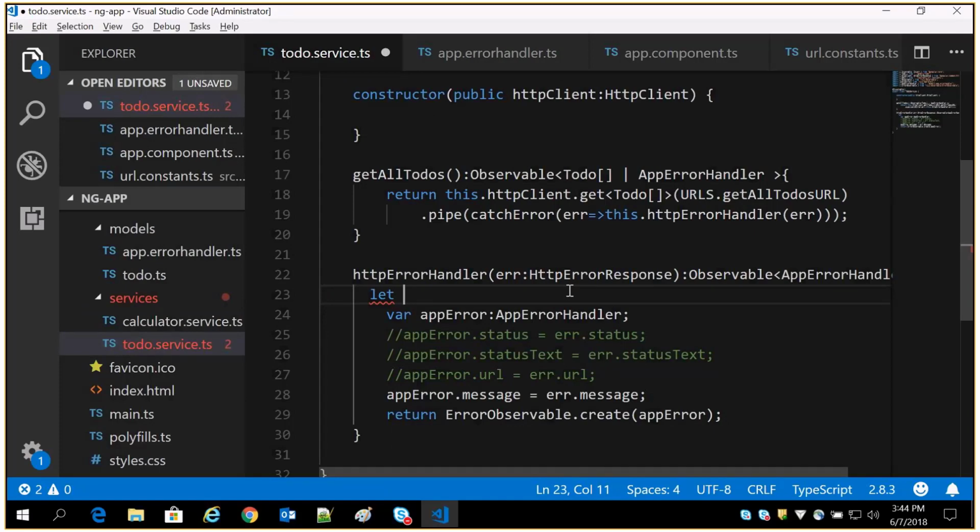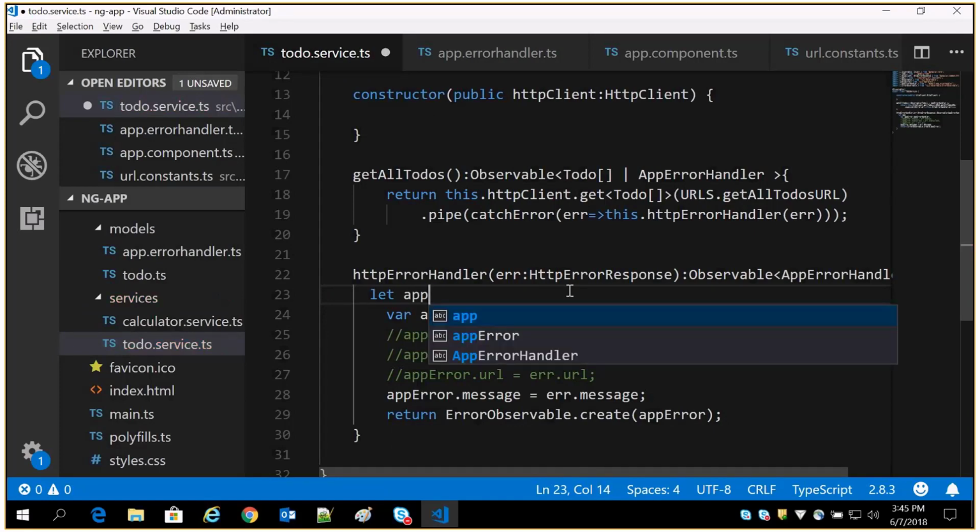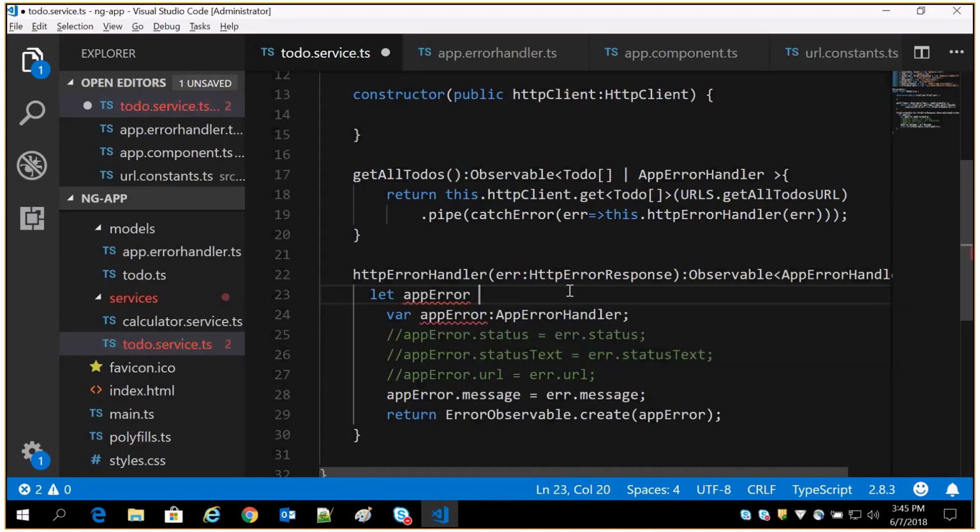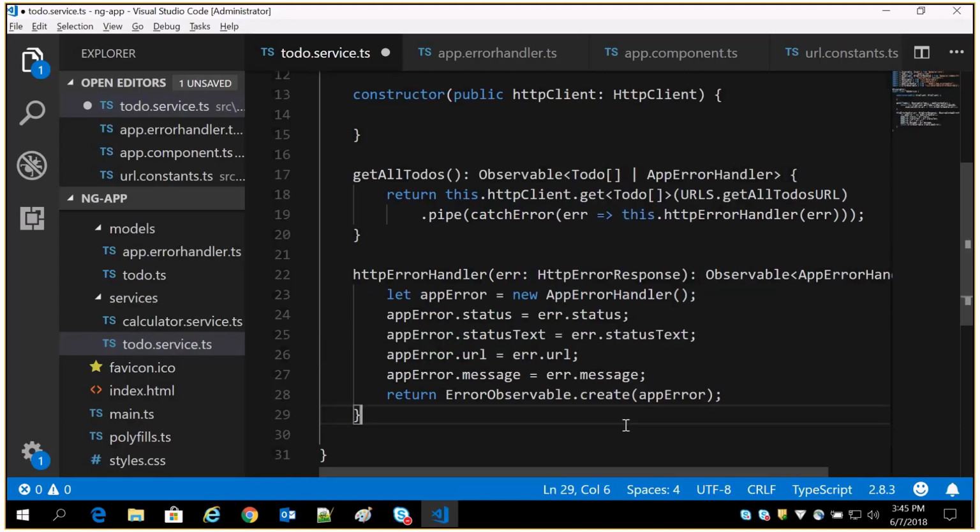Instead of where app error, I'm saying app error equal to new app error handler. Okay, so I'm just checking whether this is working or not.